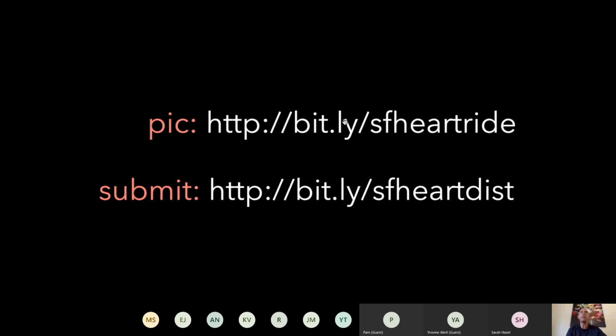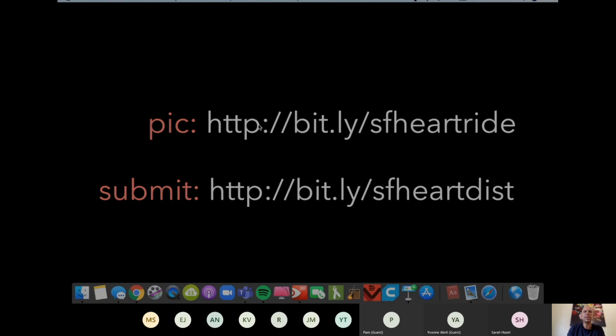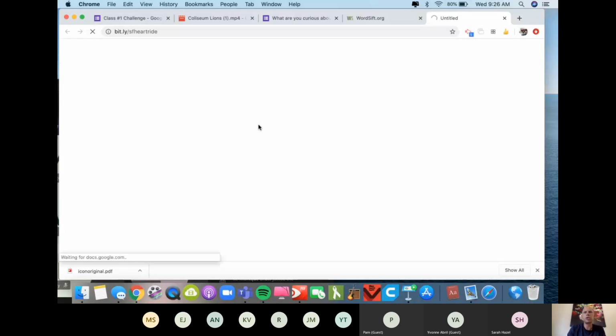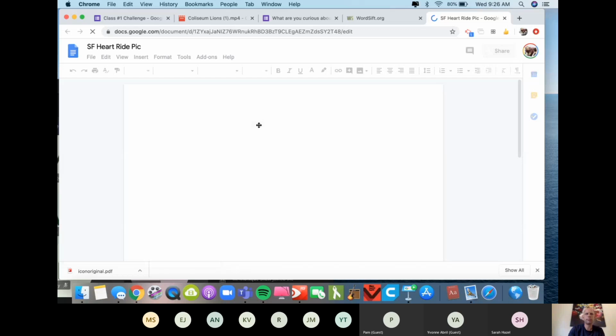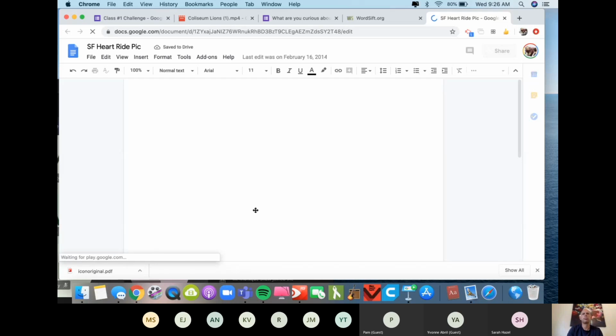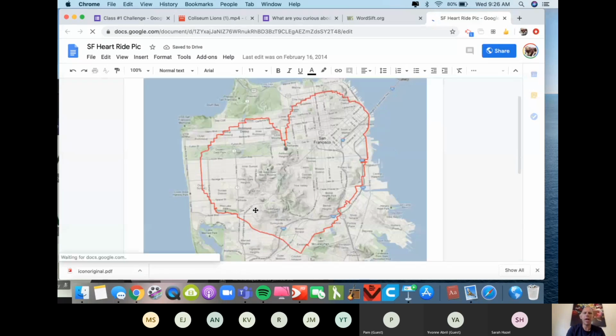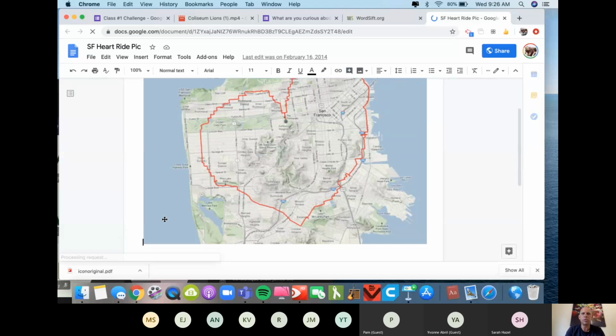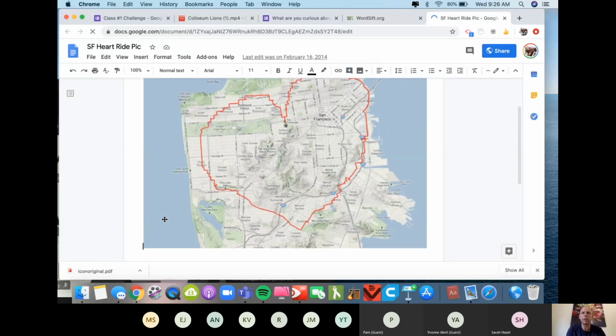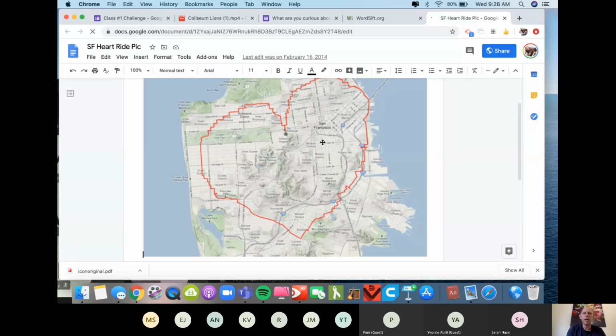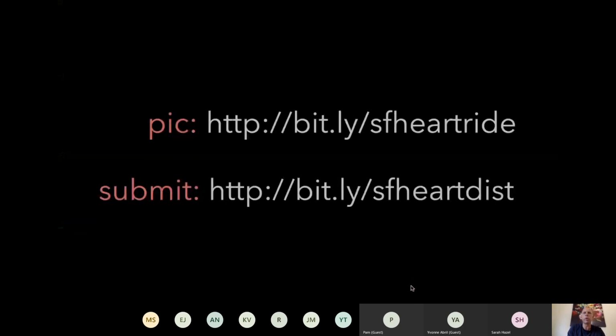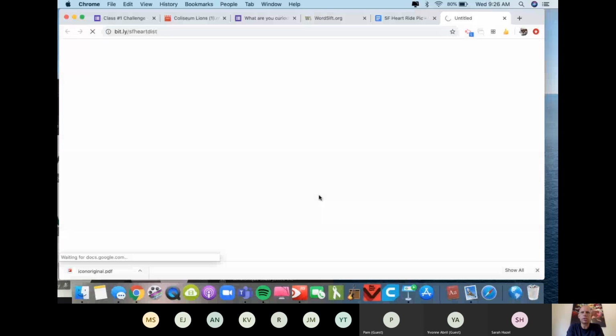And in order to do that, I didn't want to give them too much information. This was a 7th grade class. So we gave them 2 pieces of information. We gave them this diagram right here, which is a zoomed in picture of the heart. Without a scale, if this was an elementary school classroom, I might give them the scale. So zoomed in picture of the heart over San Francisco, okay? And then gave them a Google form to put in their answers.